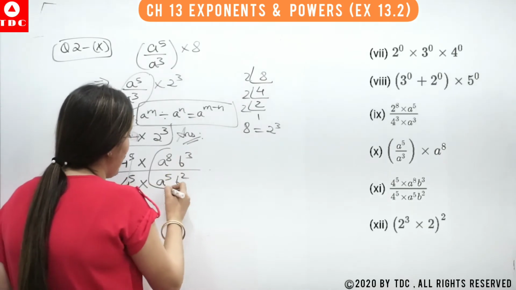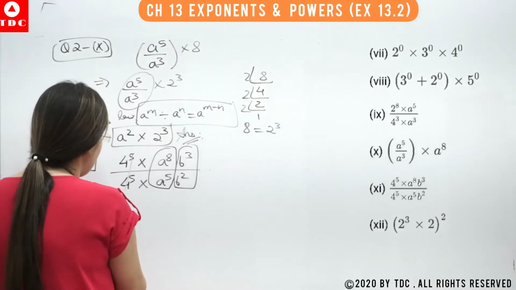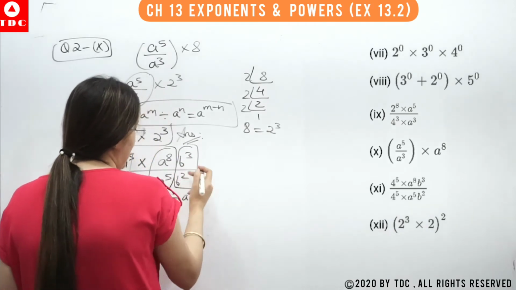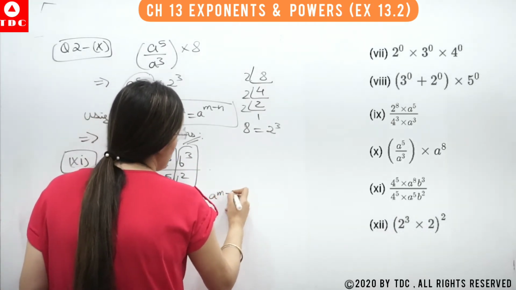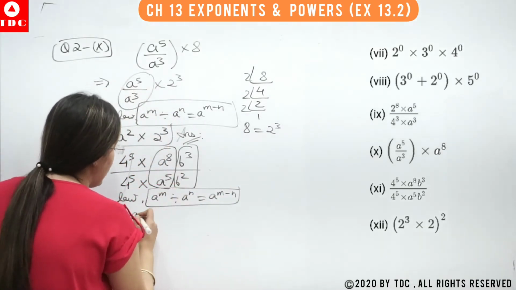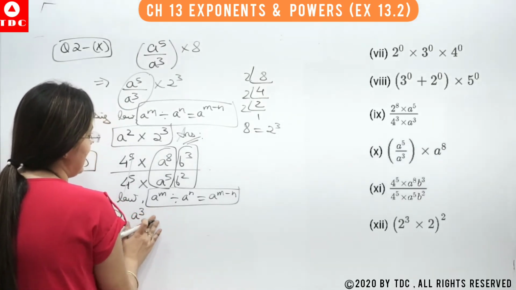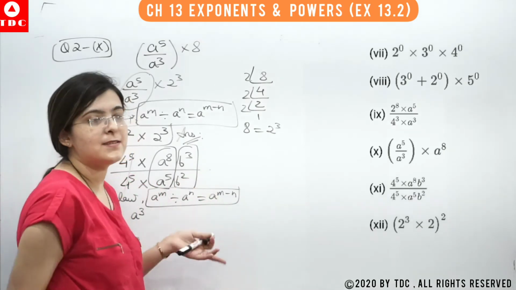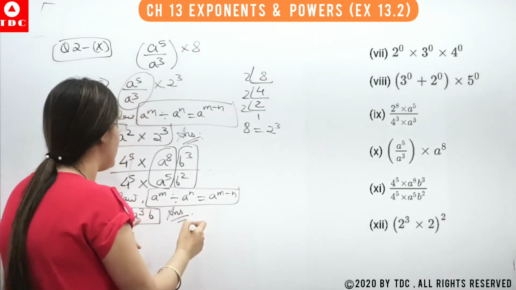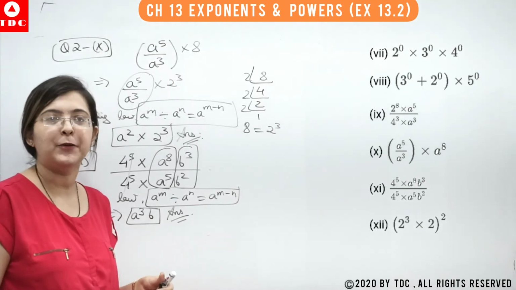So we can do it directly also or apply the law. Here we can apply the law on a separately and b separately. What law can we use? Using the law, a to the power m divided by a to the power n, here they are in division, the powers would be subtracted. So what we will get here, a to the power 8 minus 5 is a to the power 3 into b to the power 3 minus 2, that means 1, that means b. So what is your final answer? a to the power 3 into b. There is no sign in between, that means they are in multiplication.